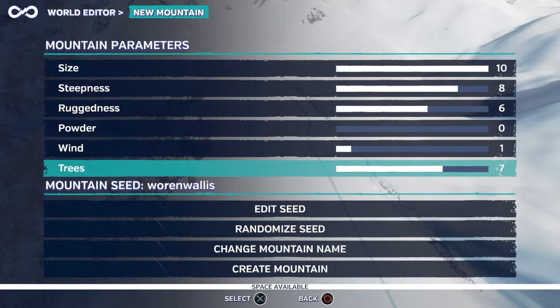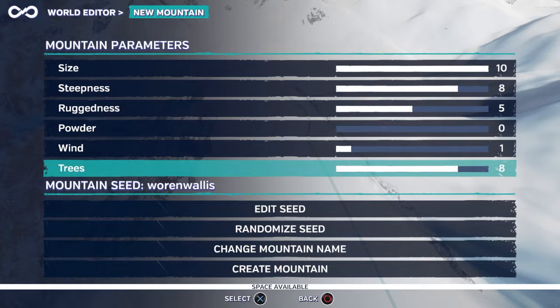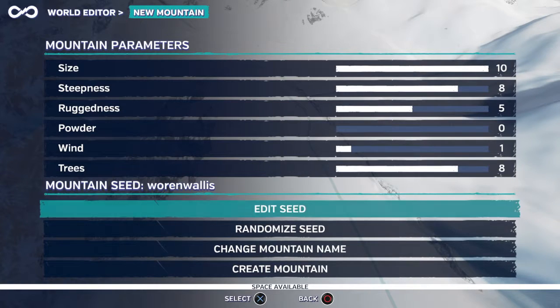Trees, this is the tree density. The higher the number, the more trees. That's pretty obvious. Ruggedness, I'm going to go down to 5 actually for ruggedness. Alright, so I already have a seed selected, one I'm familiar with, and I'm going to create